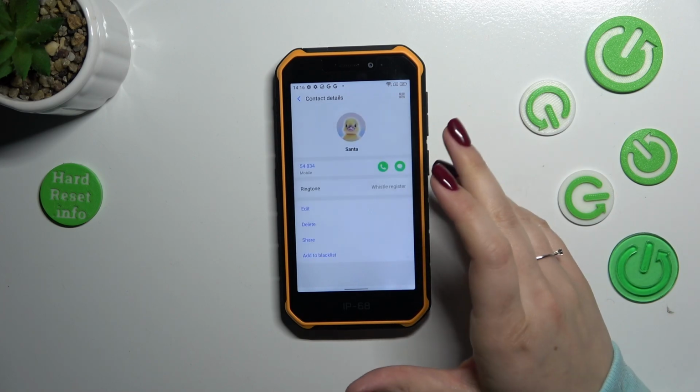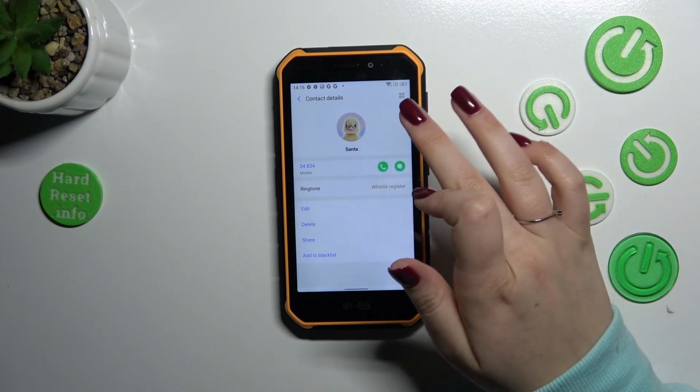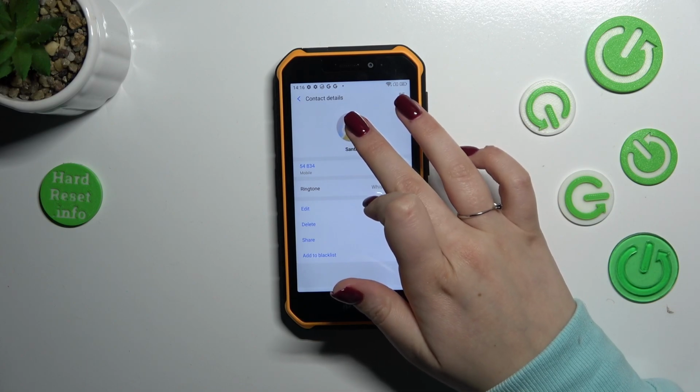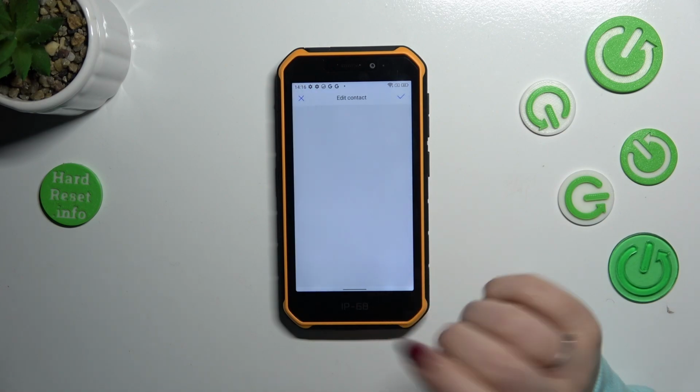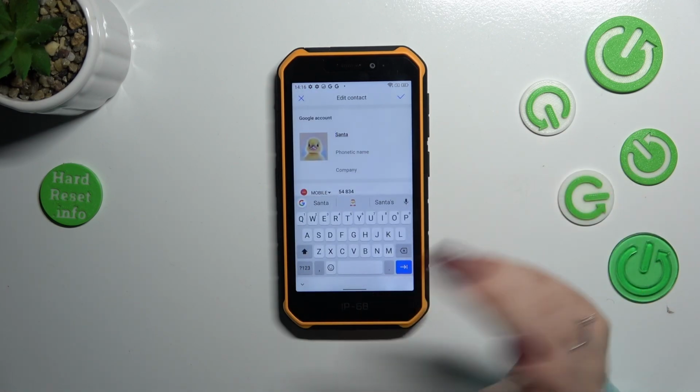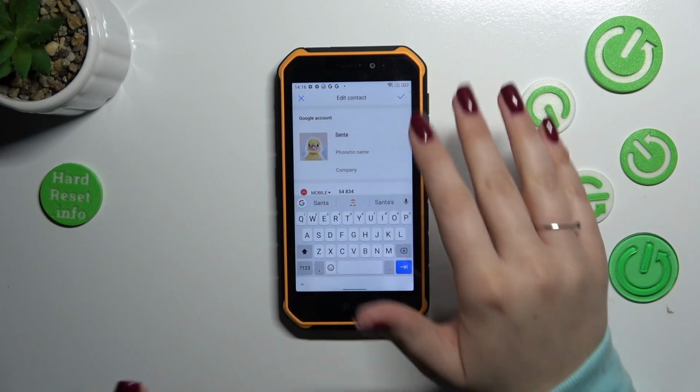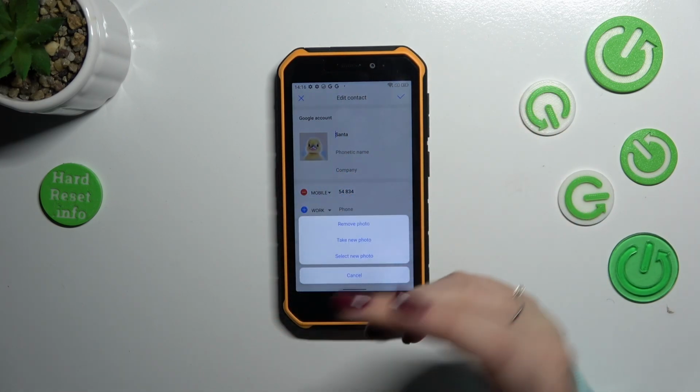And now we've got the contact details. So let's simply tap on this, not this photo, but we have to tap on edit first of all. We cannot really start with the photo, but that's okay. Now when we are in this edit contact section, we have to tap on the photo in my case, but